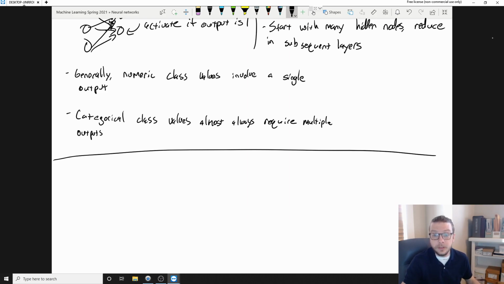For example, even knowing how activation functions work gives you a leg up on so many people and so many problems that you might run into. Why is my neural net not working? Oh, your activation function doesn't make sense. Why are you predicting 0 and 1 when you have outputs that can range from 0 to 5? You're setting yourself up for failure. Anyway,